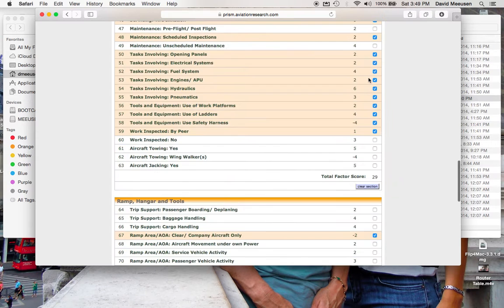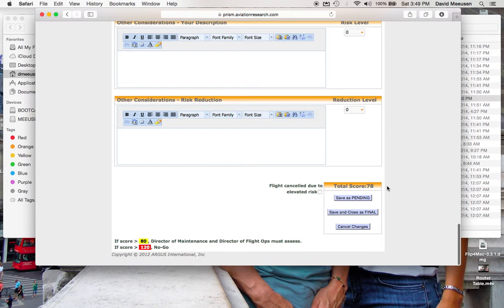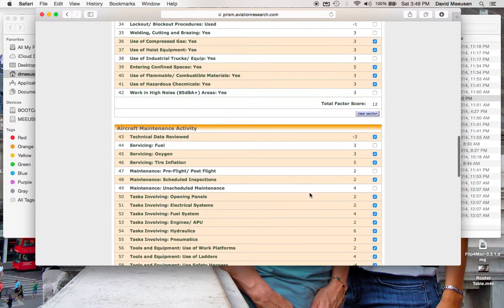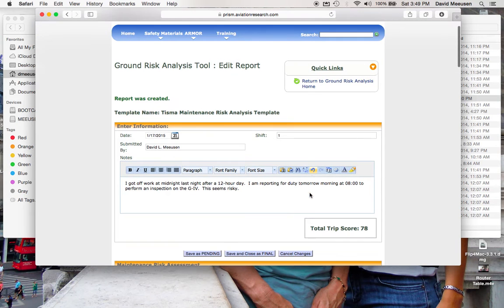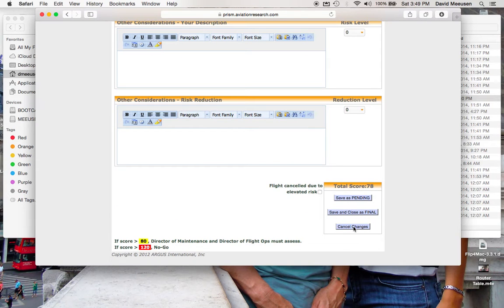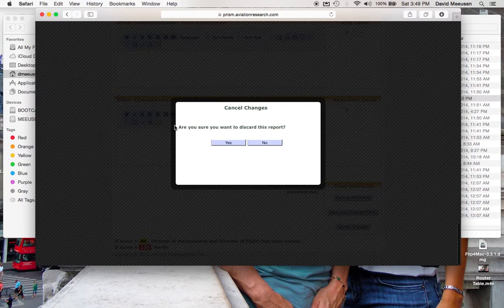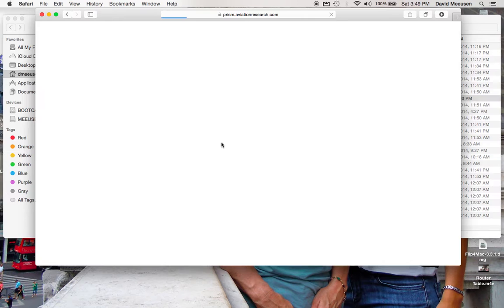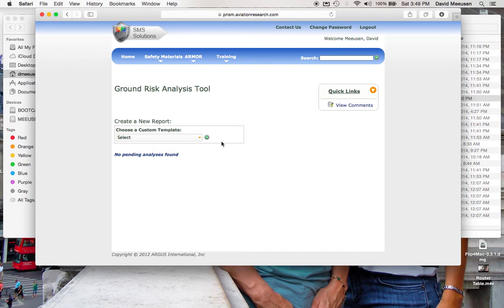And now I'm not going to save this. I'm just going to cancel it. But if you save it, then it goes into the system, and when we analyze all our risks at the end of the year, all of that stuff comes up. So here we go. Cancel changes. You would submit it. I'm going to say yes, I do want to cancel. So you see you can always get out of this if you get halfway through it and decide you're going to go to bed